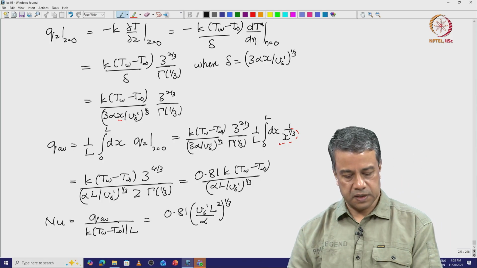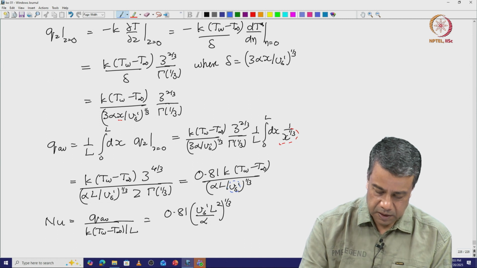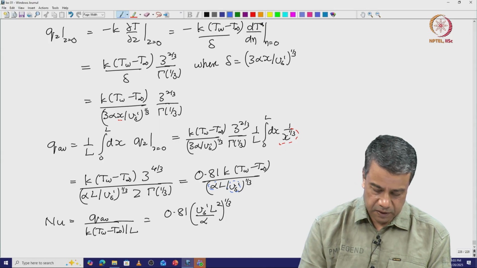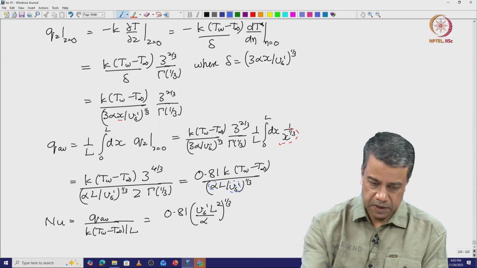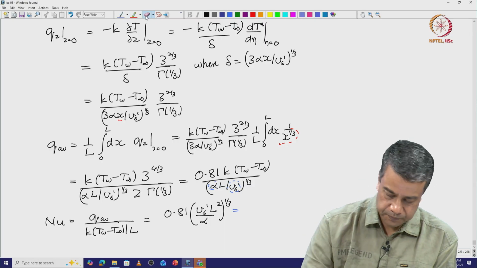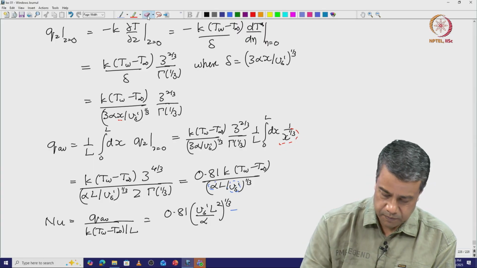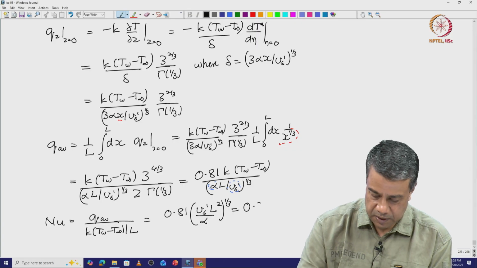Okay. You can see you have a Vs prime power minus 1/3 in the denominator here and alpha power 1/3 in the denominator. Okay. And that factor of L will go to the numerator and you will get an L square by alpha. Okay. So, this is equal to 0.81